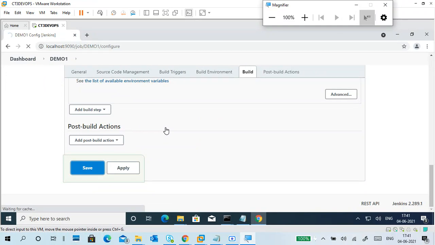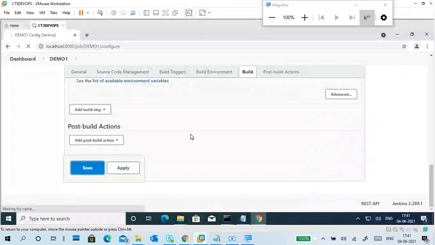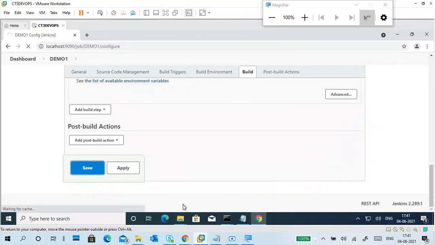Okay, we are saving our configuration. The project configuration we are saving.